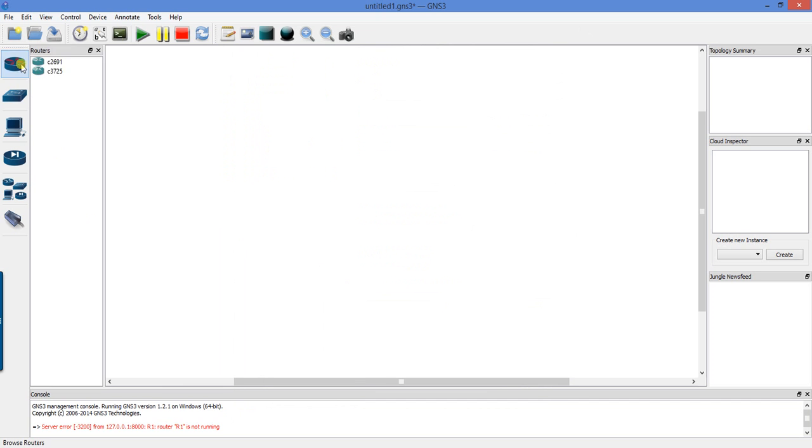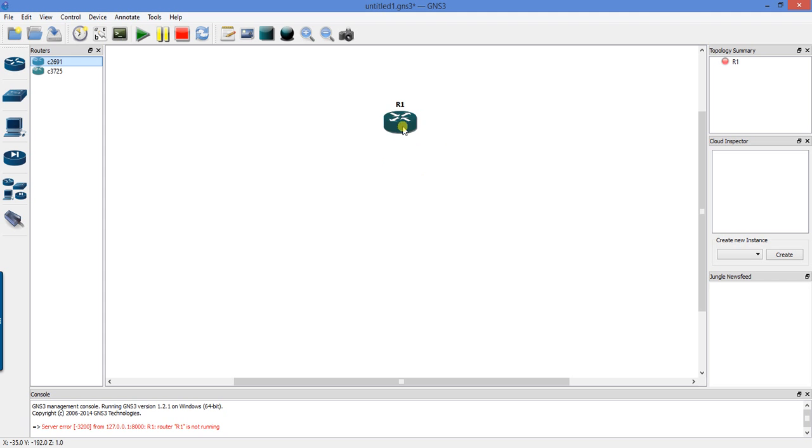Okay, so the idea is you have these virtual machines here, but you've got to get your iOS into the virtual machines. Now, when you click on this router, you should not have any routers here. I do, and I'm going to show you how I loaded them, but I'm not going to unload the iOS and load it back up, but I'll go through the process for you. So basically,